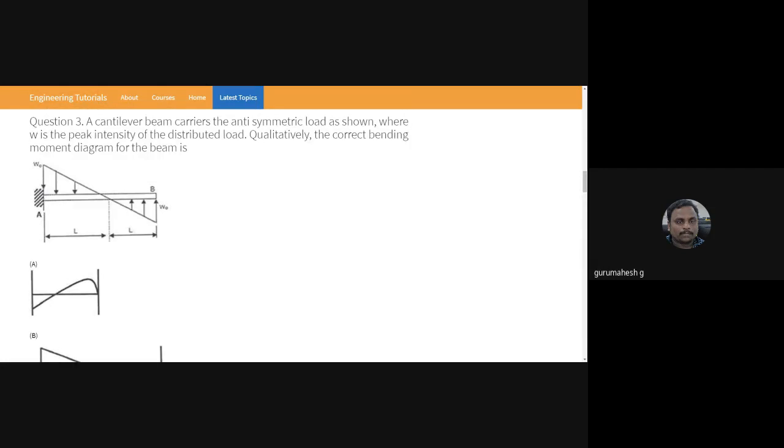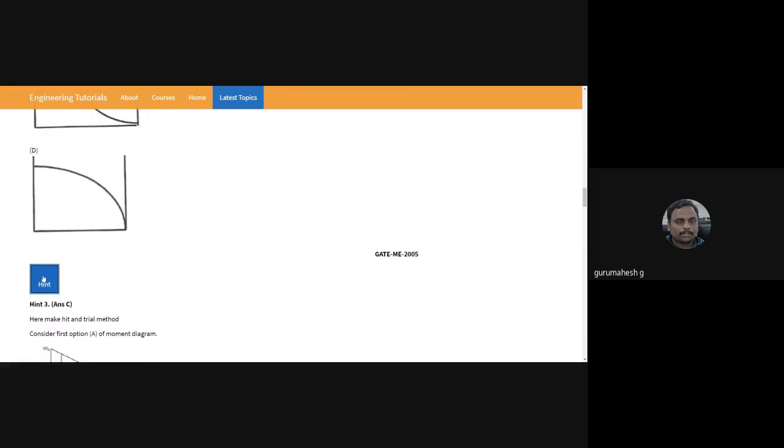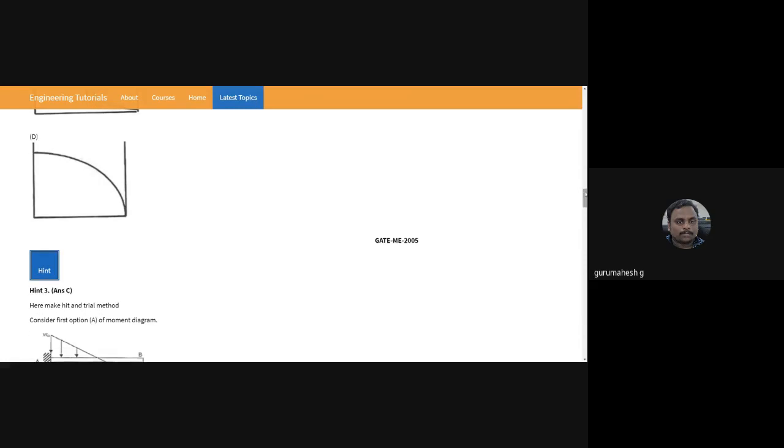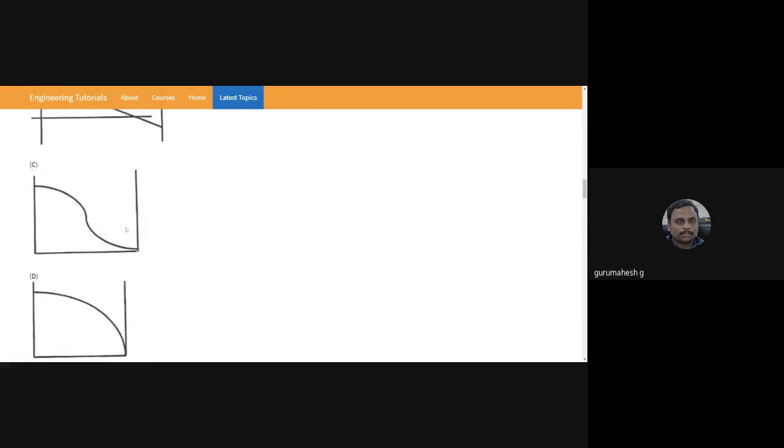So generally we get the bending moment like that for your problems. It is a triangular load. We said that we'll get the bending moment as a cubic spline curve. Can anyone tell me what that cubic spline curve is here? So this is the cubic spline curve. We will get a curve like this for the bending moment diagram.